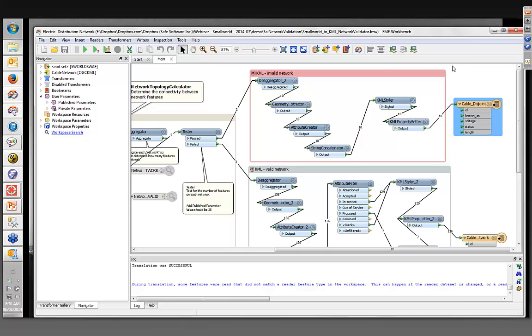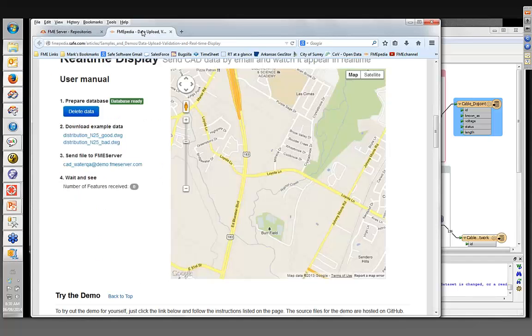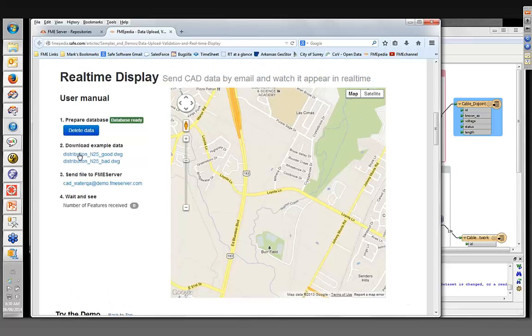And so actually that CAD data loading example that I was mentioning earlier on, I think that one does that. That's an email in, so when you run this live demo, you can email in these CAD files. And I'm